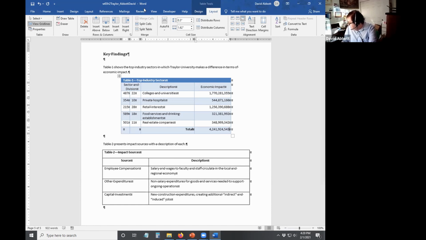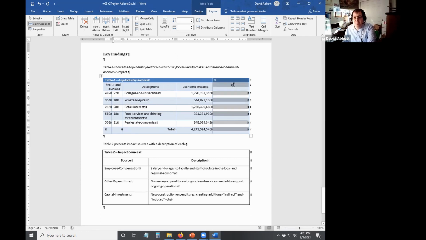So the next thing we want to do is add another column to this, because if we look at figure 3.19, we see that there's another column that says percentage of total. So what we can do is click in the last cell in the second row of that table. And then we're going to go up here, Insert Right. So we're going to get another column. And this time, we're going to type in there